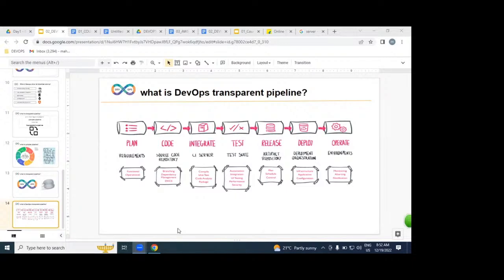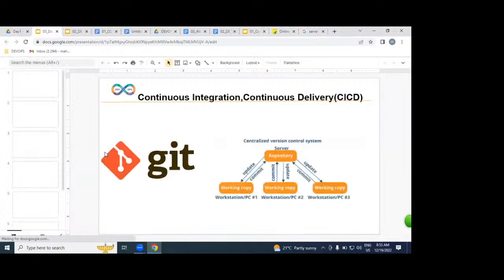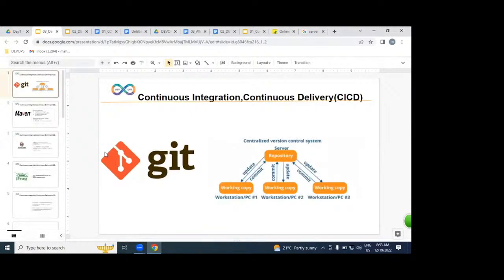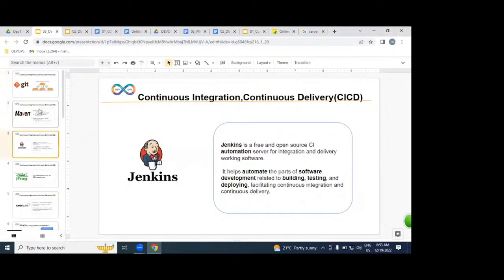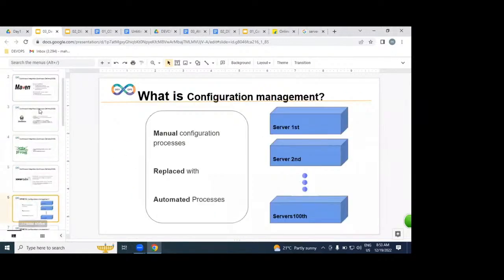But for implementing this DevOps process, which tools are we going to use? We should learn some tools, right? Let us list them down. Git we are going to learn. Maven, Jenkins, JFrog, SonarQube we are going to learn.